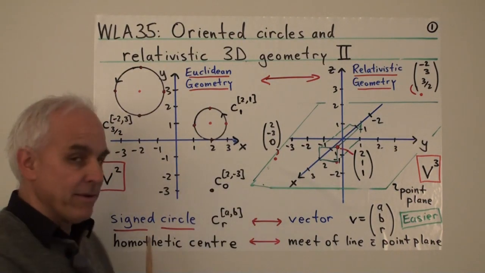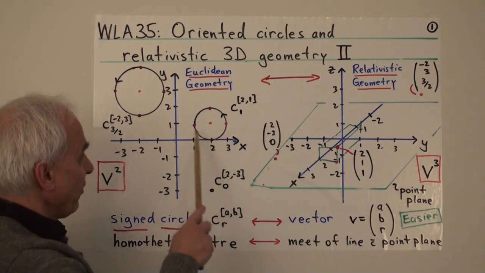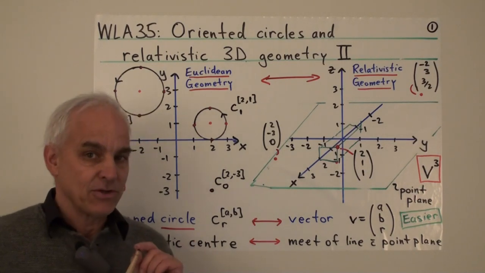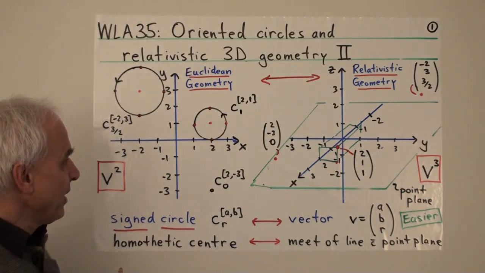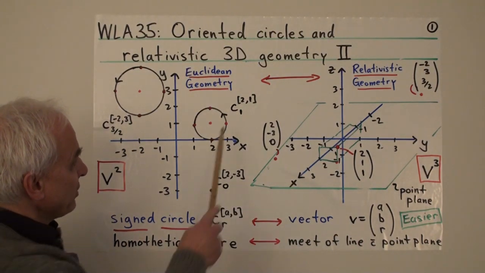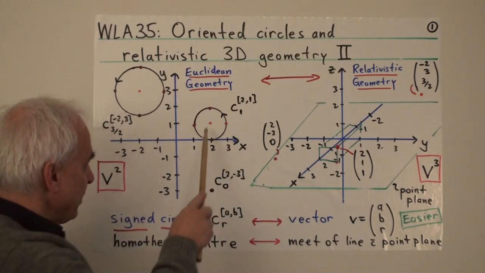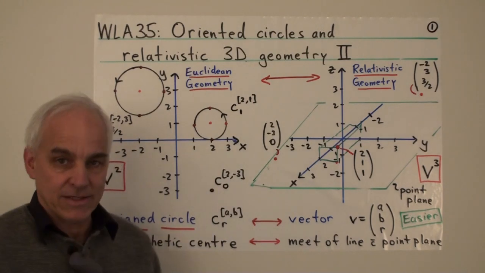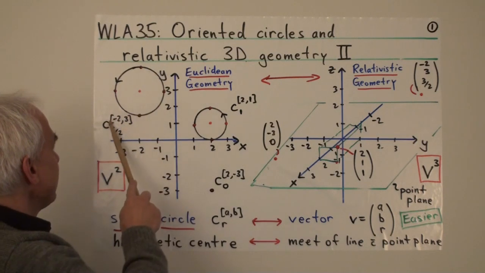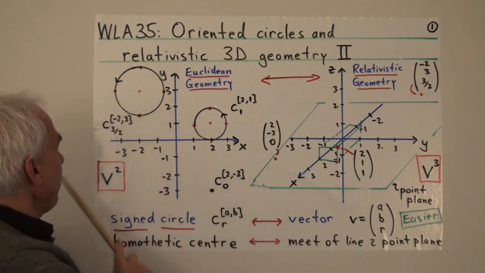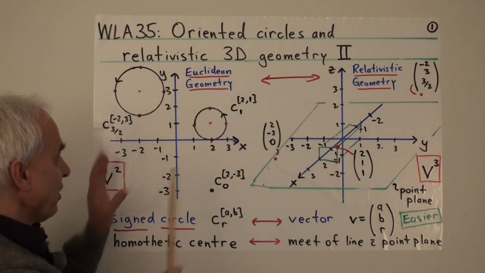So here's our two-dimensional plane, x and y coordinates as usual, and we're considering circles, actually signed circles. It's an important but subtle difference from the usual kind of circle. So what is a signed circle? Well, here's an example. It's an expression that involves a center, just a pair of numbers, and down here a radius. So here's one circle, and here's another circle. This one has center -2, 3 right here, and has radius 3/2. Okay, so those are signed circles.